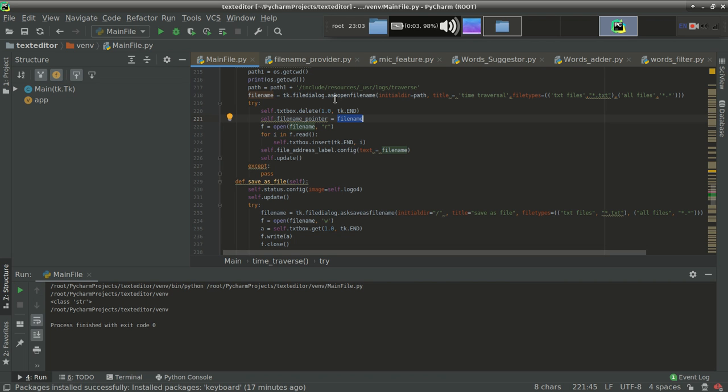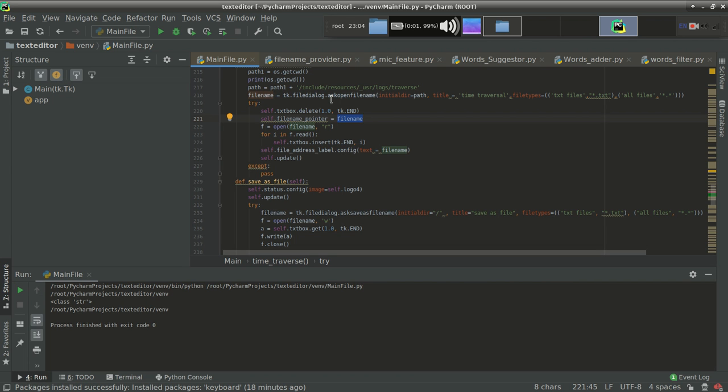Now what we want is to remove, or filter, the path. So we want to filter the name from the path, since this file name is holding the path along with the file name. So how do we do that? We will do it using that class named file name provider.